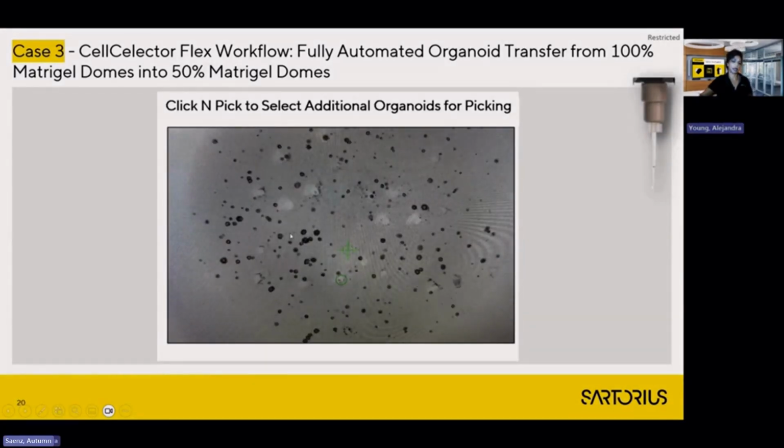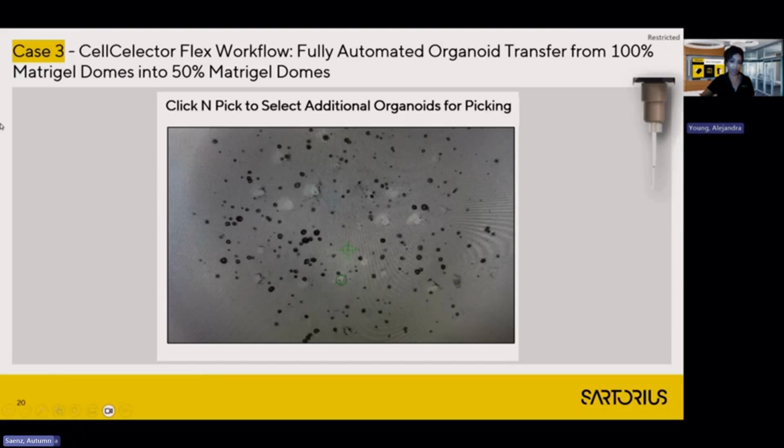And here is a slide I wanted to show you how we use the click and pick feature of the cell selector. In this case, I told you the organoids expressed in RFP have very weak signal and they have different sizes. There was lots of variability in those organoids, but the goal of using click and pick was because the customer wanted to add some of those organoids of interest for him.